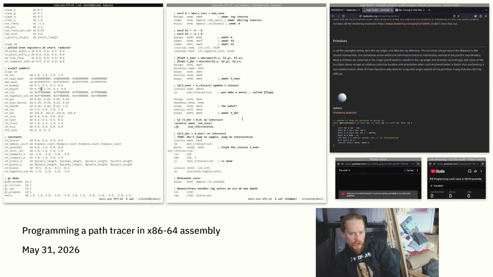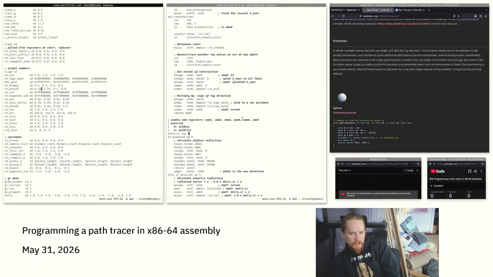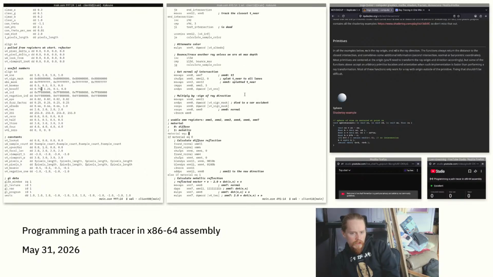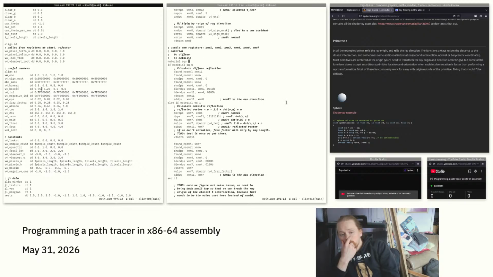It was before, but we decided not to do that. But we're adding to XMM11 the normal of the intersection. And that should work. Like if we find an intersection,